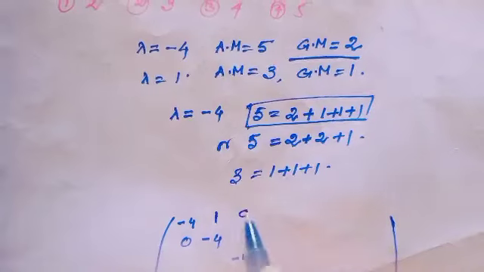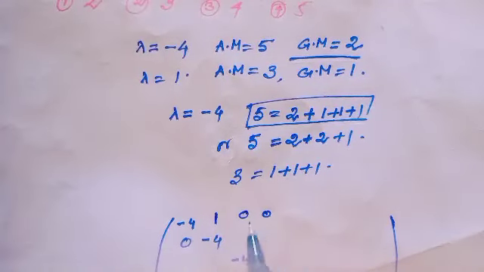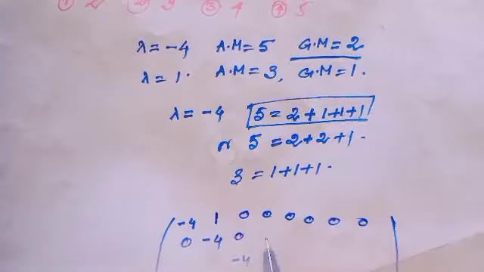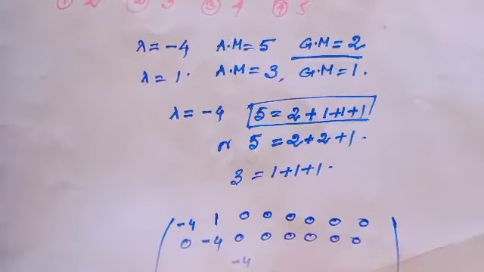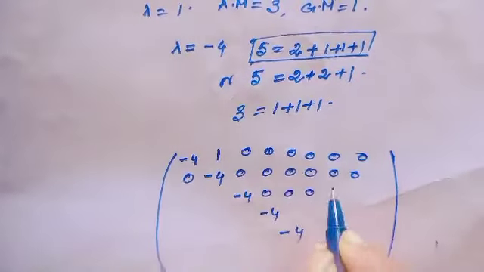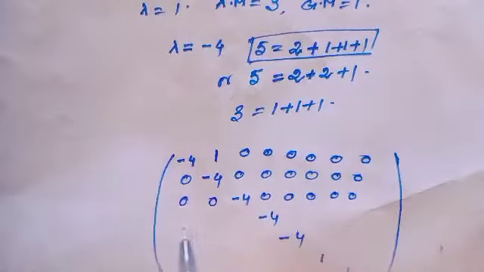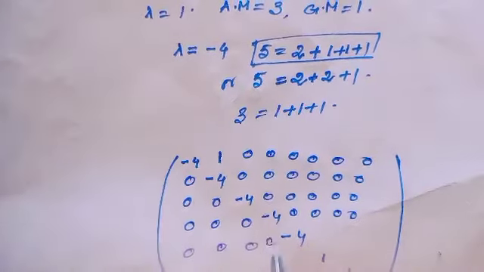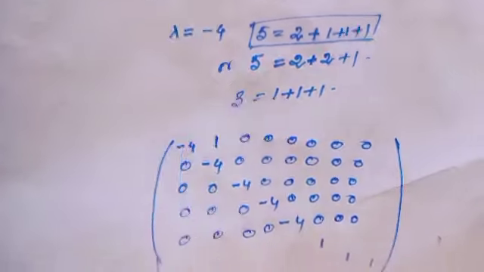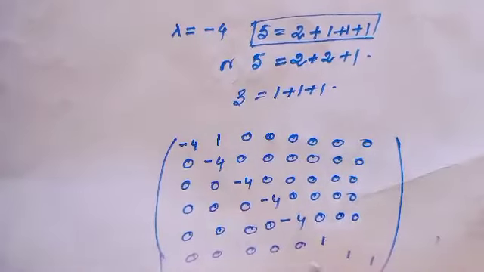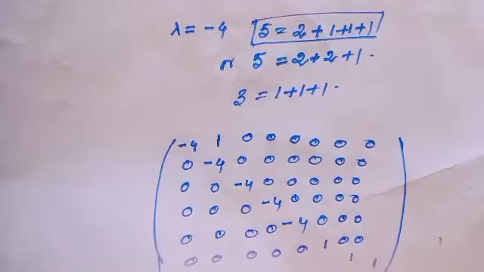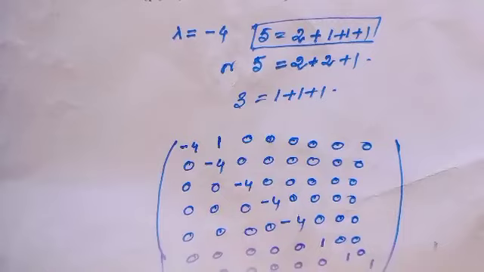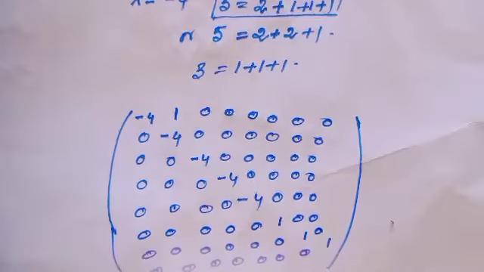Here 1, here 0, 0, and the remaining entries of the matrix are 0. Are you getting? And notice